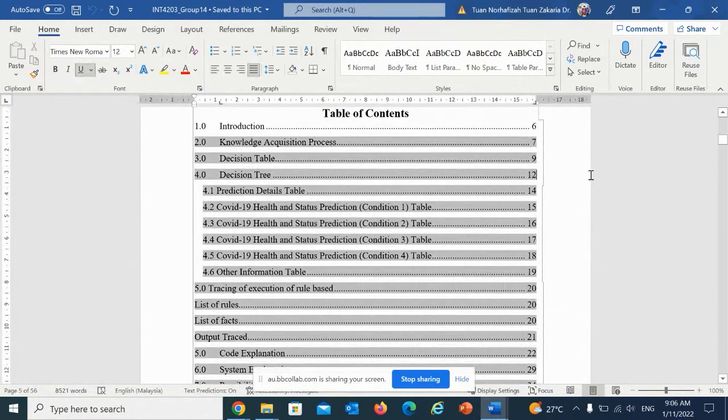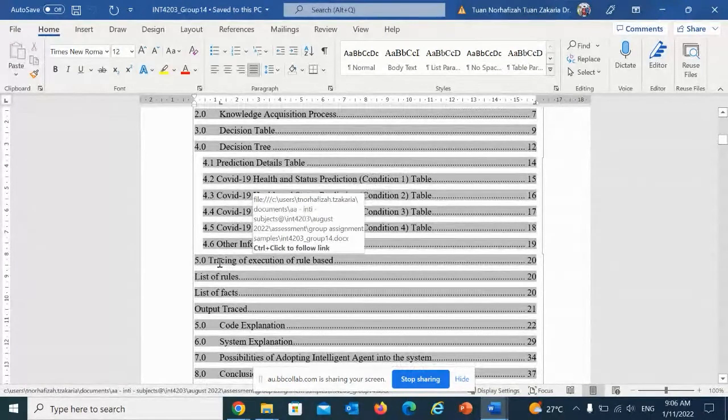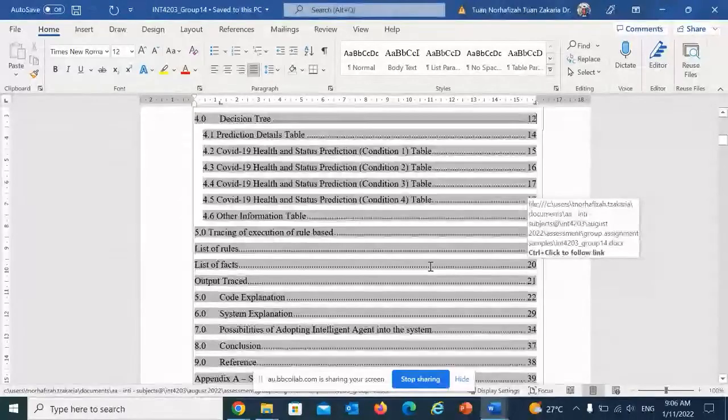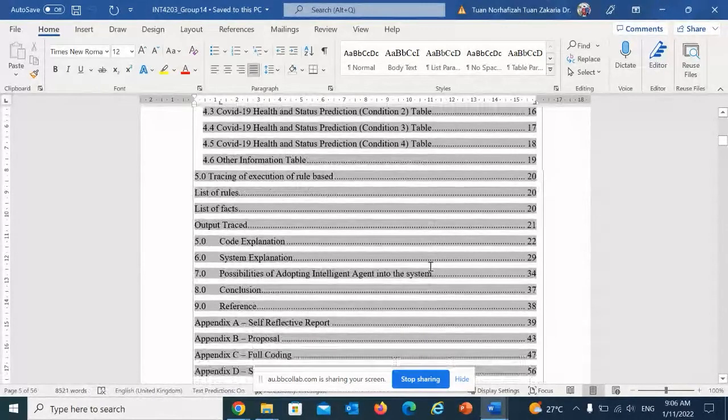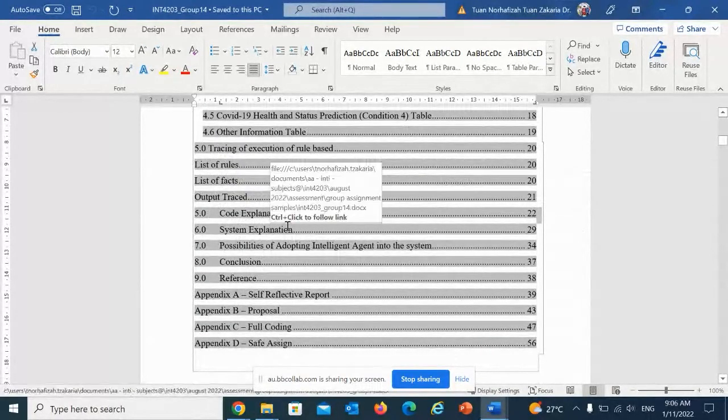And then your decision table, and then the tracing and the reasoning. So you can trace the rules in your project, showing how you get the output. Then you can screenshot your coding, and then your system screenshot.